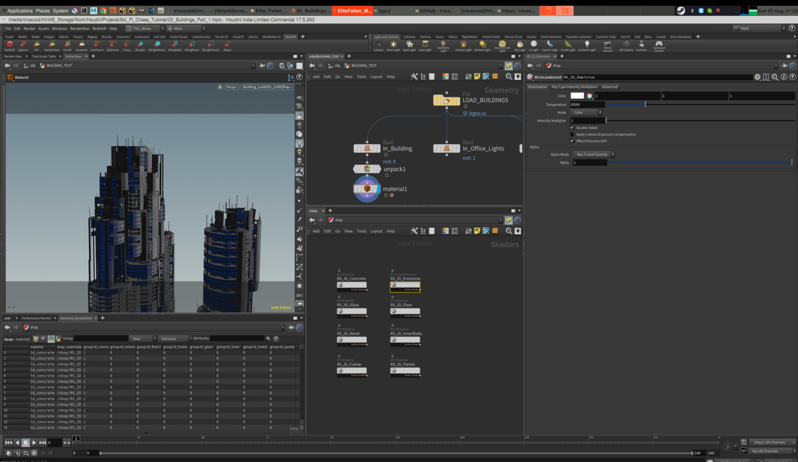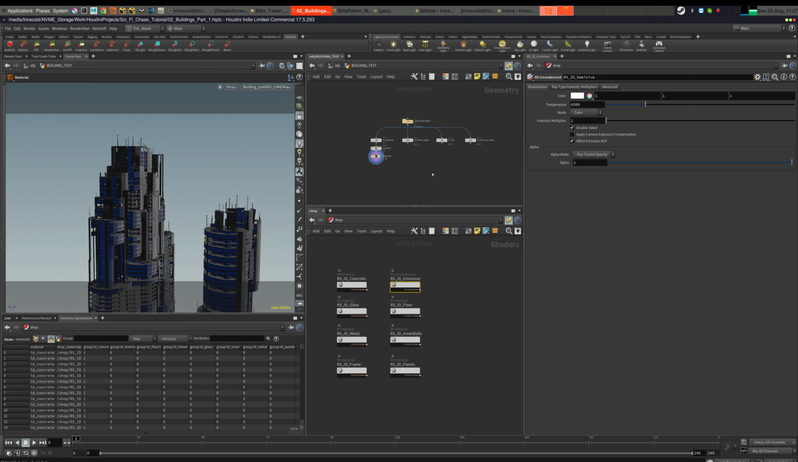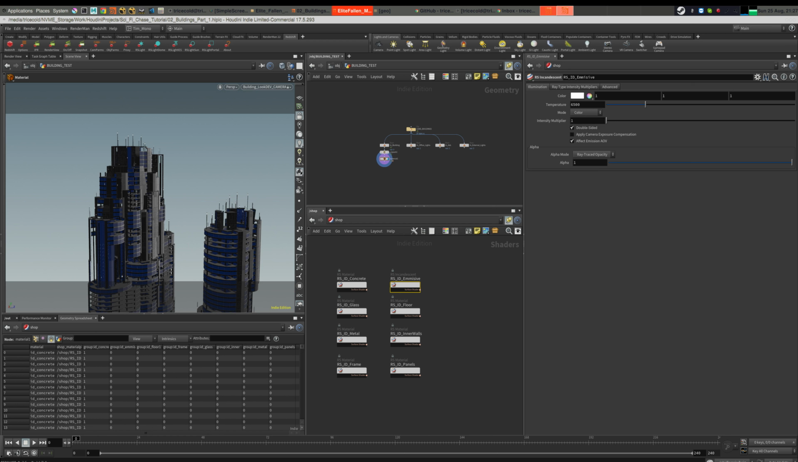which is called the office lights, which means we need to generate office lights. Where is my model? One second, please. External lights, office lights. Yes. Okay. So